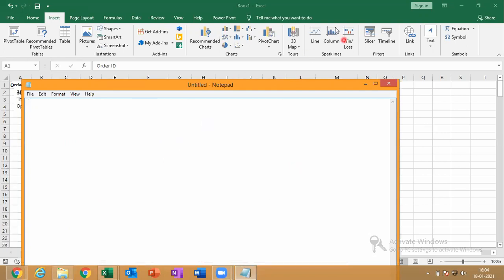Ashish, you understood? Chandana, Shushmita? Okay. So next we are going to do sparkline. A chart within a cell is called sparkline.